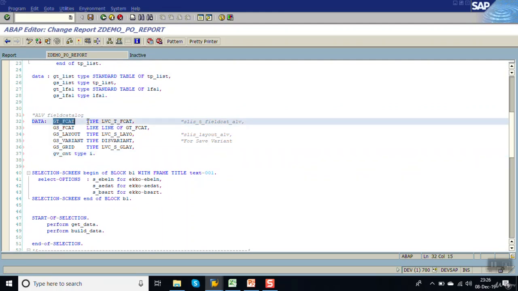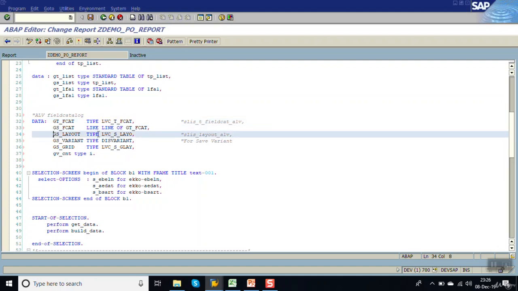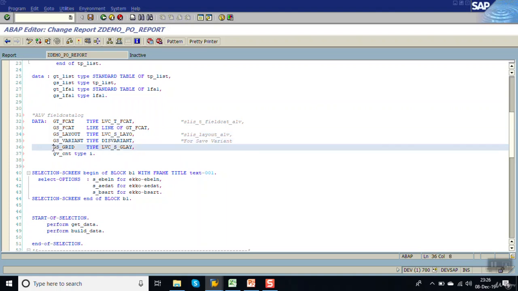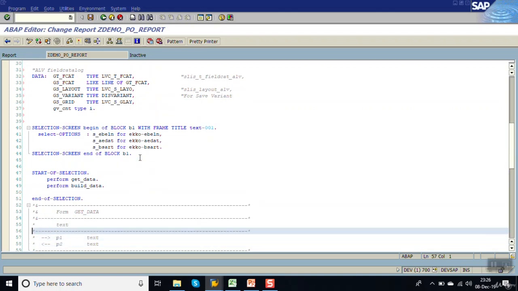Declare one field catalog table type LVC_T_FCAT, one work area, and declare one layout GS_LAYOUT of type LVC_S_LAYO. Declare one variant. This is not required, but just declare, and take our count field. Okay, now what we'll do,